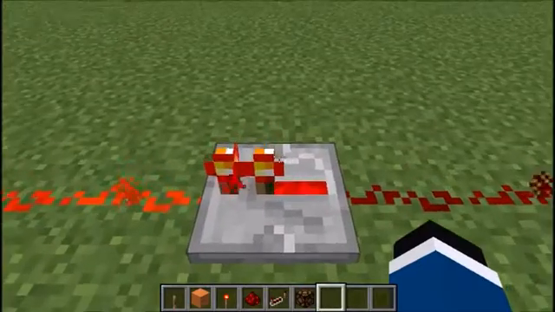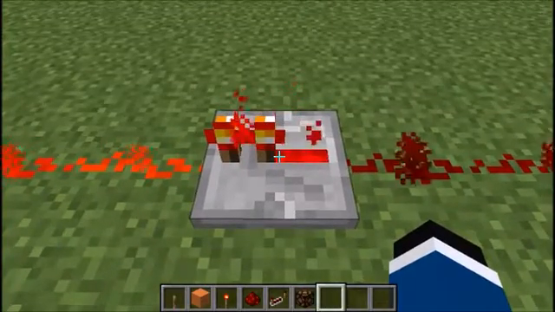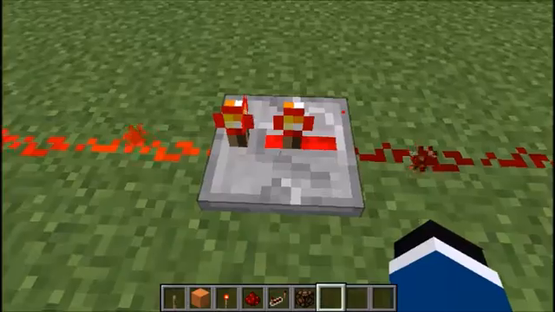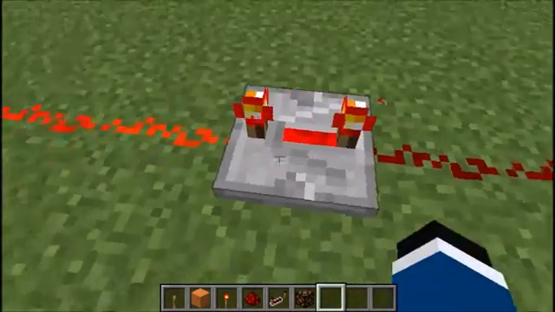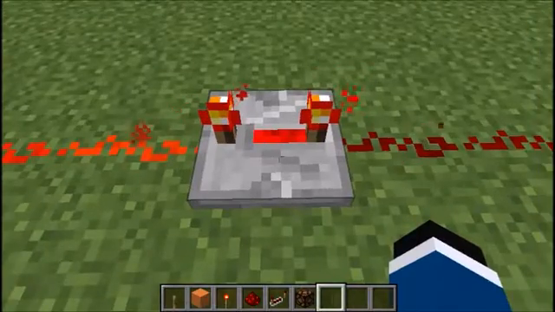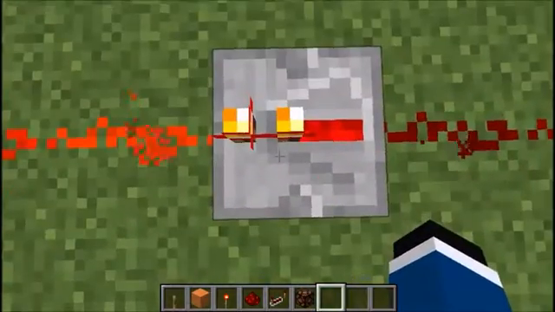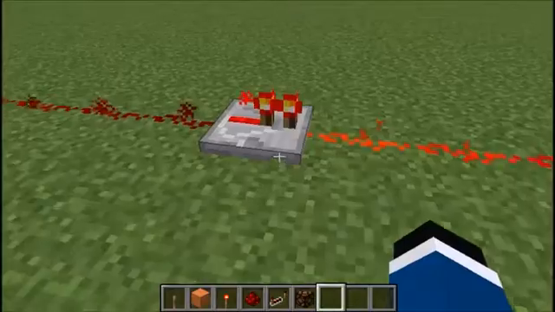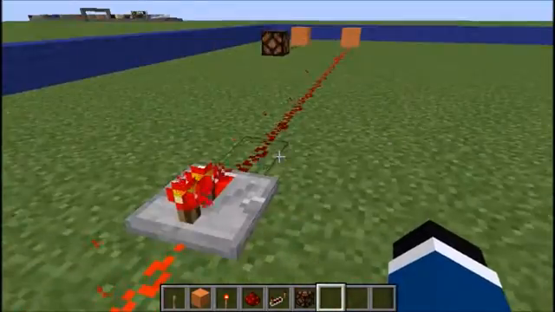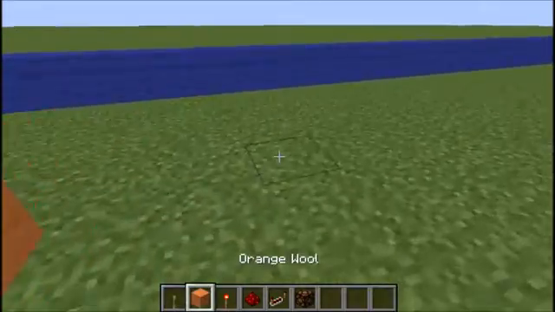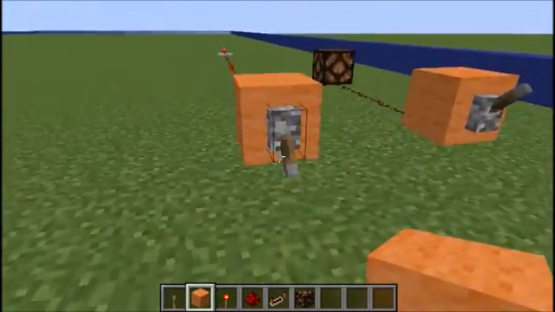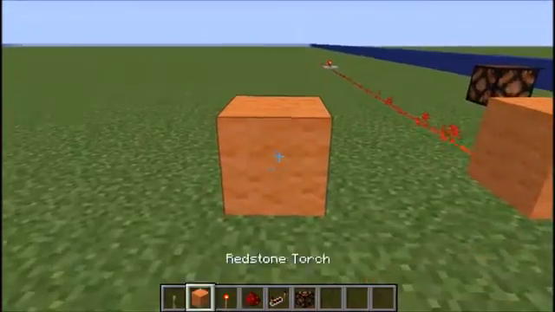Now, if you go up to a repeater and you right-click it, now it'll take 2 ticks. Right-click it again, it'll take 3 ticks, and then right-click it a final time, it'll be 4 ticks. And you can right-click it again to get it back to 1 tick, if I can stop stumbling over my words. So that's actually useful for a few things that we might end up explaining later. Moving on from that, though,